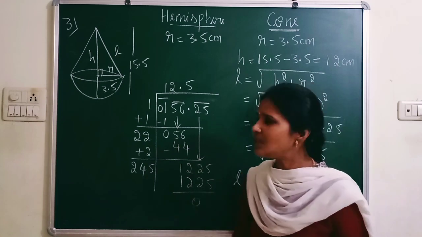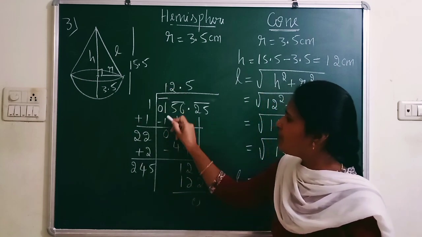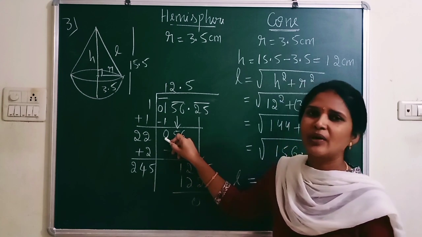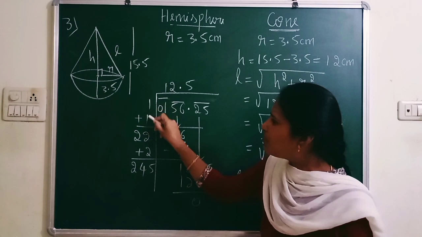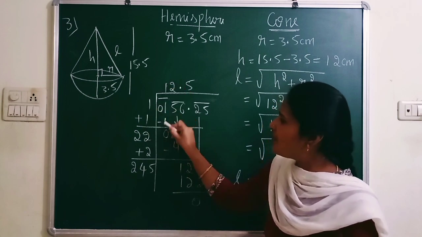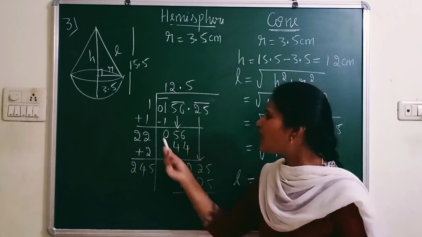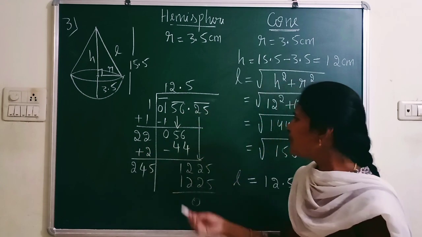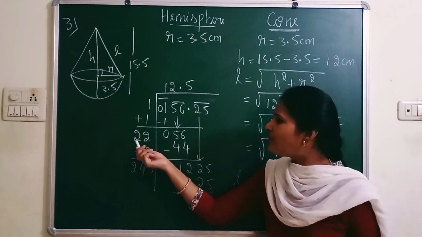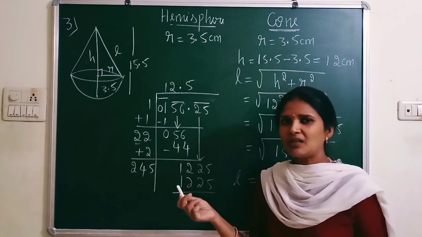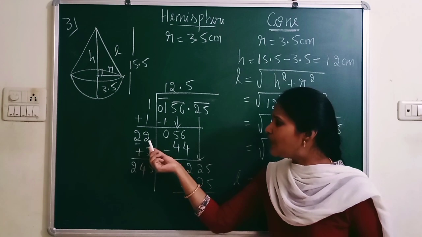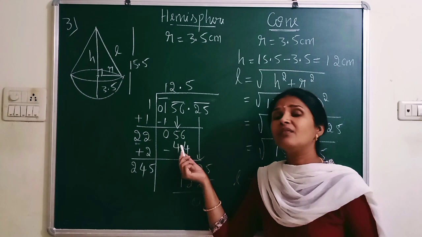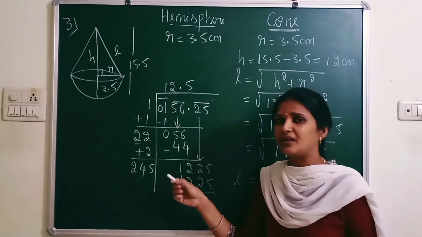Now we go for long division. 1 ones are 1. 1 minus 1, 0. You already learned in class 8 how to find the square root by the long division method. 1 plus 1, add whatever you have taken: 1 ones are 1, the same 1 you have to add. So 1 plus 1 is 2. Now bring this next period 56 down. Now you have 2 here, so go for a number such that if I take 21, here also you should take 1. 21 ones are 21, it's a very small number, so you have to take a nearer number.